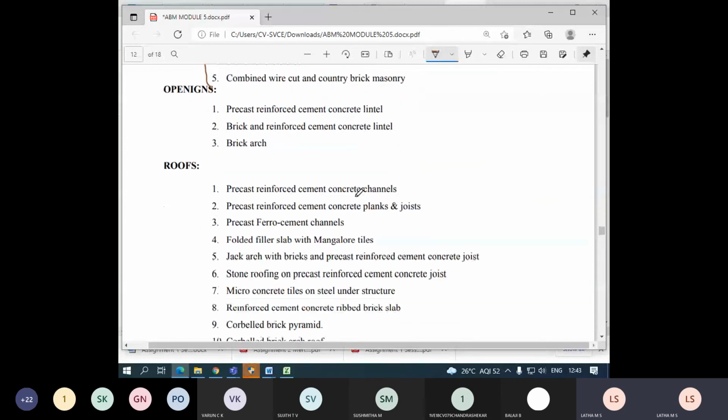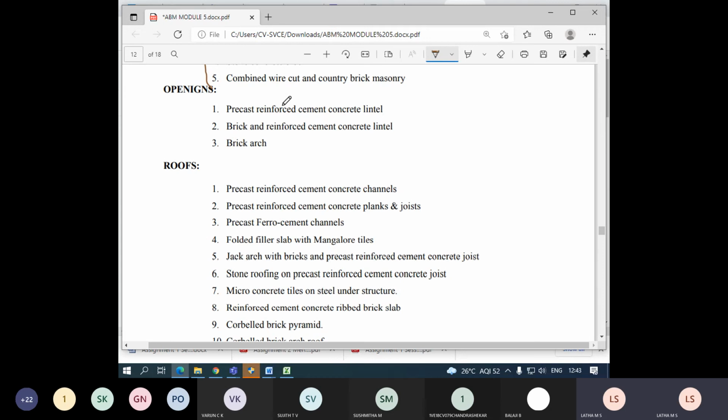Again, if I am looking for an opening, precast reinforced concrete lintels can be used, as we discussed. Precast reinforced cement concrete lintels are easily available at the precasting yard, students. You need not make them yourself, because when you start doing it on your own, it will cost you.